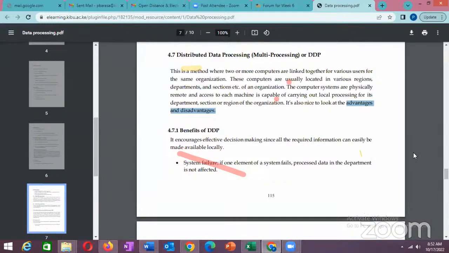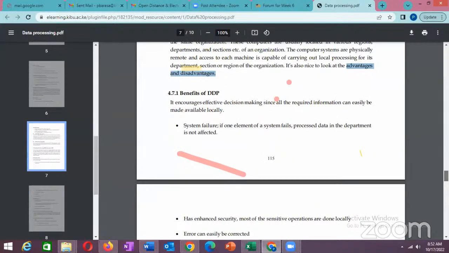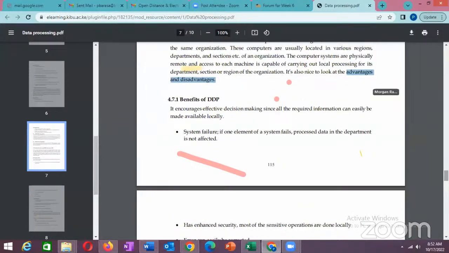Kindly look at the advantages. So you discuss those advantages. They are just in point form, but make sure you discuss them. So, benefits of